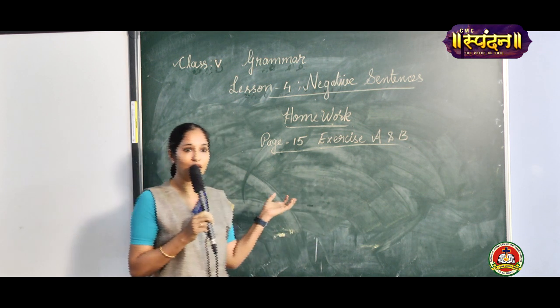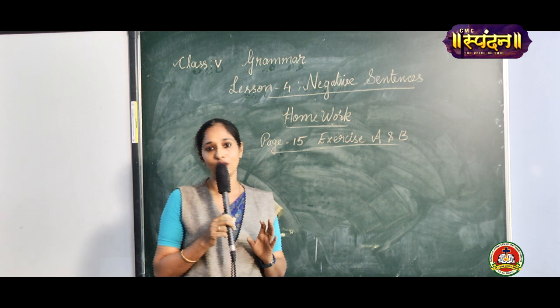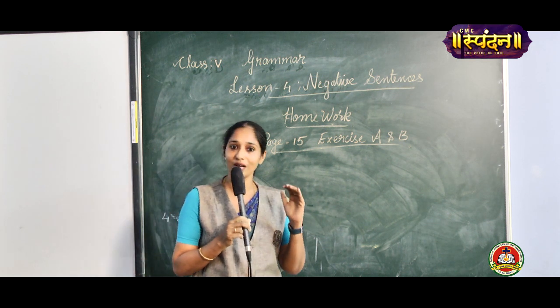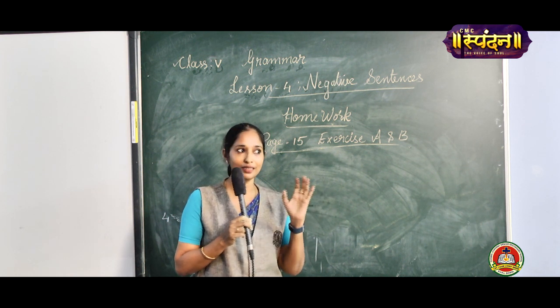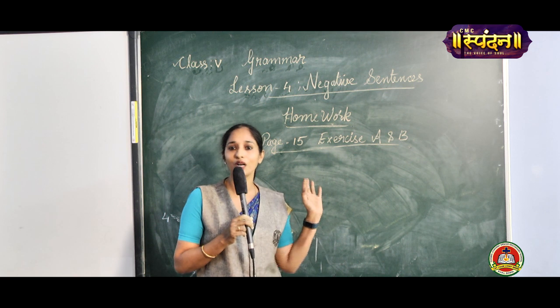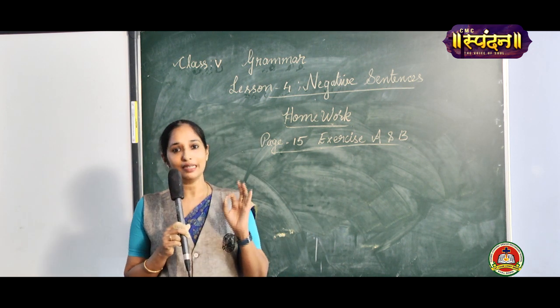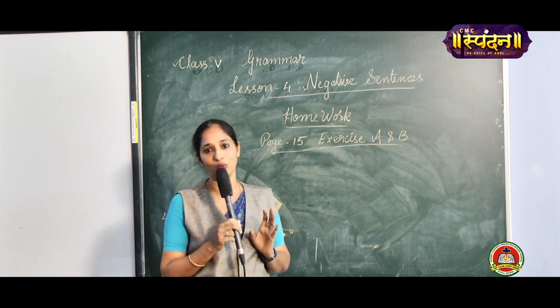Again, we have come across sentences having only main verbs. So there I explained how to use do, does and did. Past form of do and does is did. So when the verb is in past tense, you don't have to worry. You have to use did plus not plus base form of the verb.